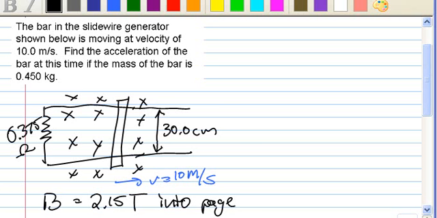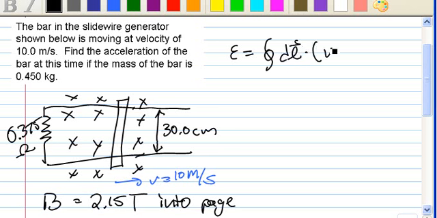Okay, in this problem, we're asked to calculate the acceleration of a slide wire as it's specified. We have a couple choices in order to figure out how to solve this problem. The main quantity that we're looking for is the current that is induced in this circuit as a result of the bar moving. We could use Faraday's law, but since we're dealing with a moving conductor, it's also possible to use the concept of motional EMF,